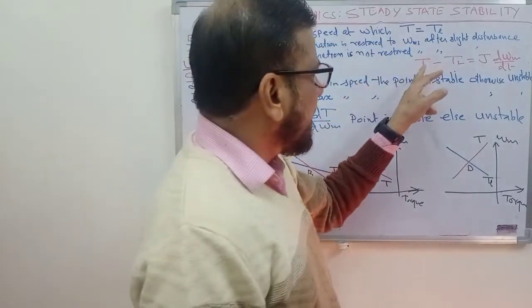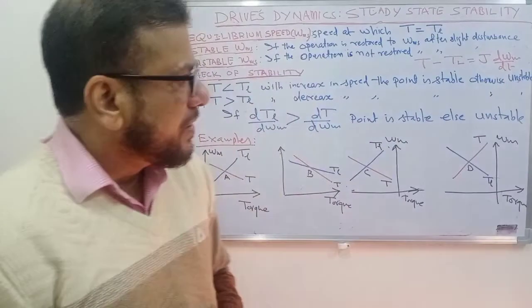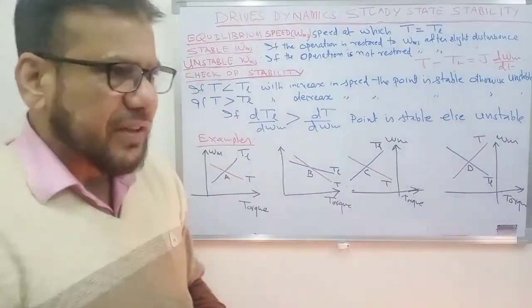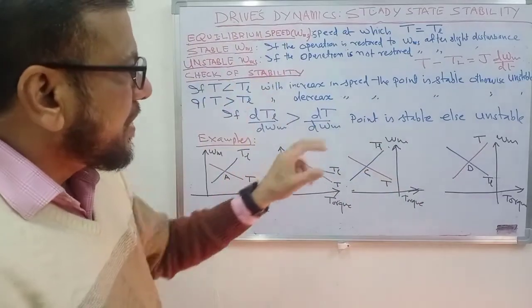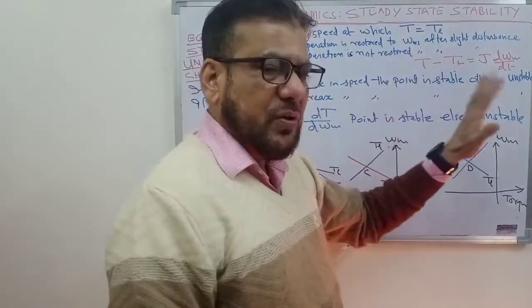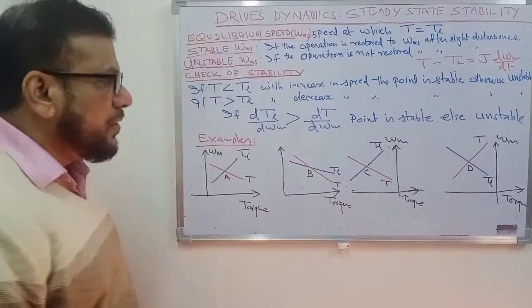During the difference between T and TL, the transients are there. Motor speed changes, either increases or decreases, but at the steady state, the motor runs at a constant speed and the torque is equal to load torque. Now